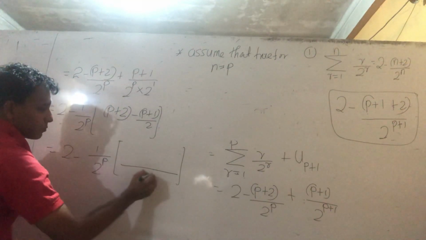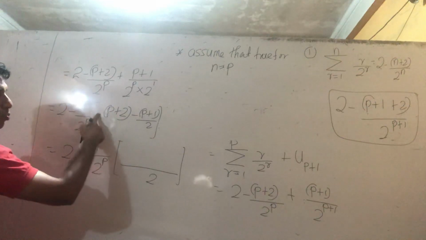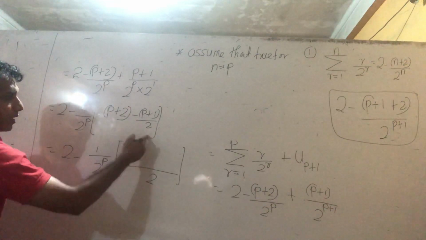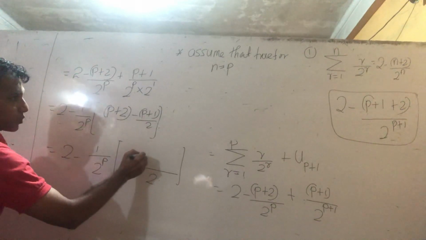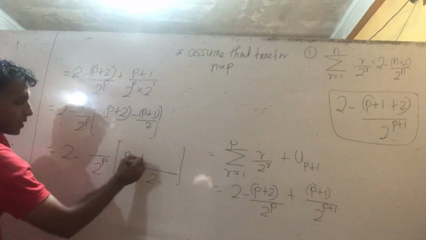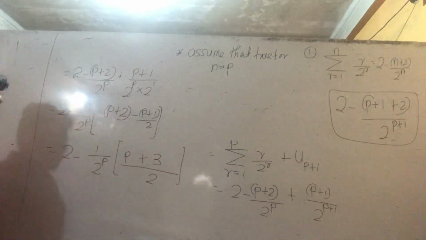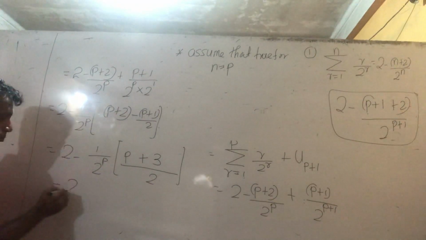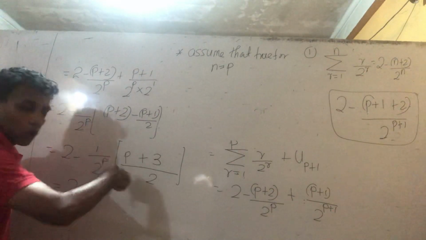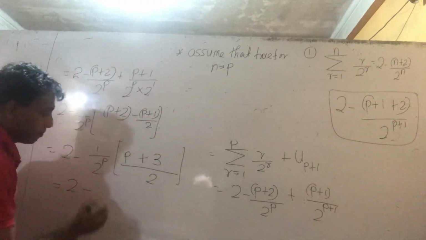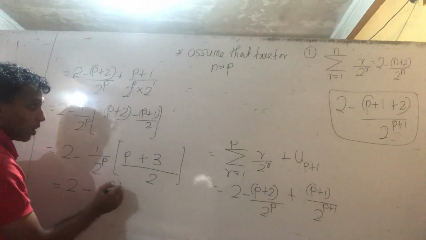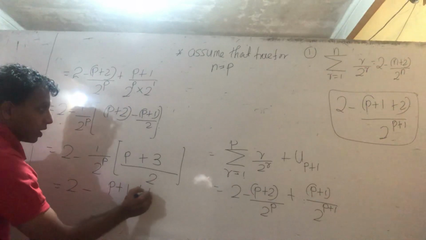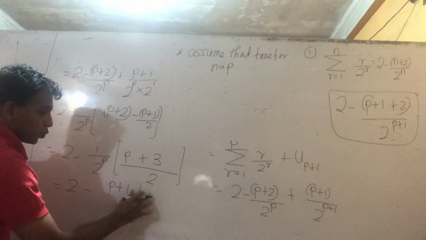Using this LCM to simplify, we multiply here 2p minus pp. 2 minus 1, that is 1. 4 minus 1, that is 3, plus 3. Therefore, the answer, 2 minus, show this actual problem, p plus 1 plus 1 plus 2